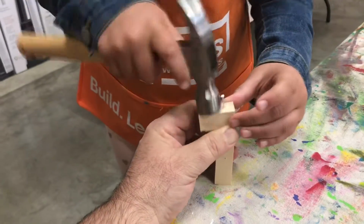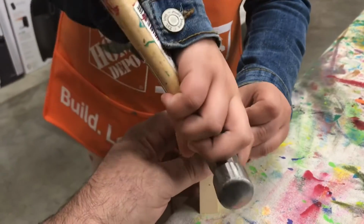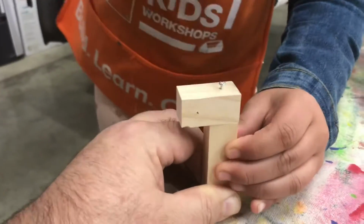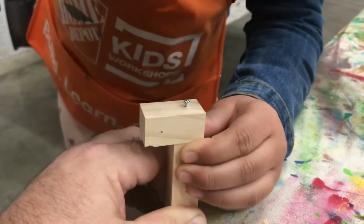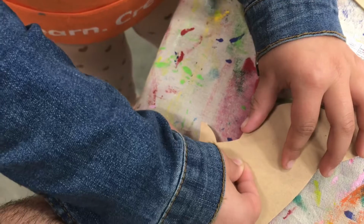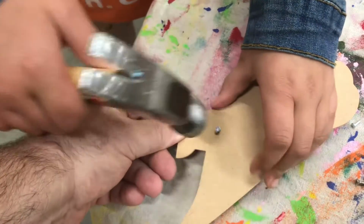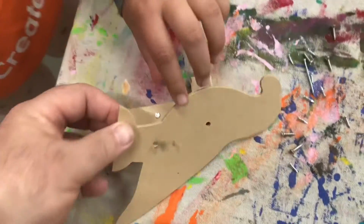Okay. This is the first step. You got it. Let's do this. There you go. You just got to get in that starter hole and then tap it in. Okay. Don't break it. All right. Well,